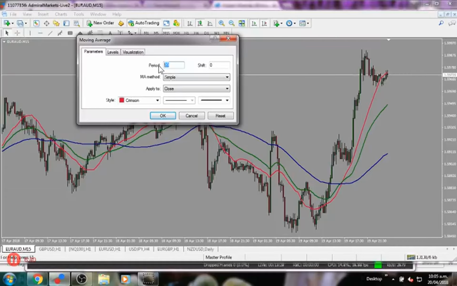And the reason why you want to use different kinds of averages is when they're smaller, like 20 or 40 or so, they're quite short-term indications of the price average, and if you go bigger, like 100 or 200, you get much longer-term averages, and together they can be quite useful to gauge where price is at within the bigger picture. And so we're going to use them just to get a sense of the flow of price, because relative to moving averages, if price is above or below them,